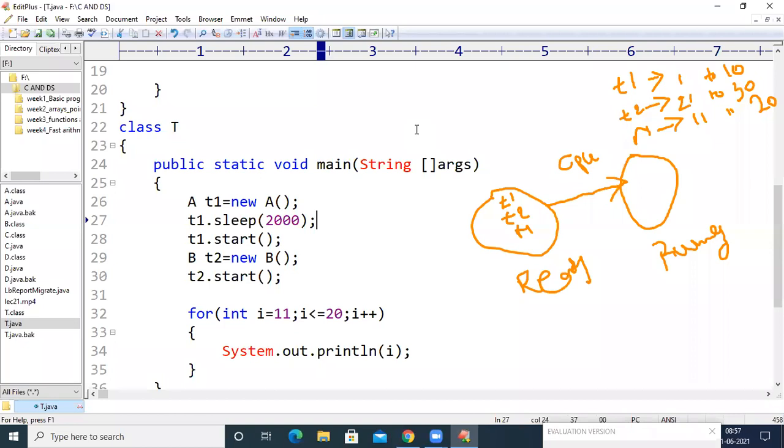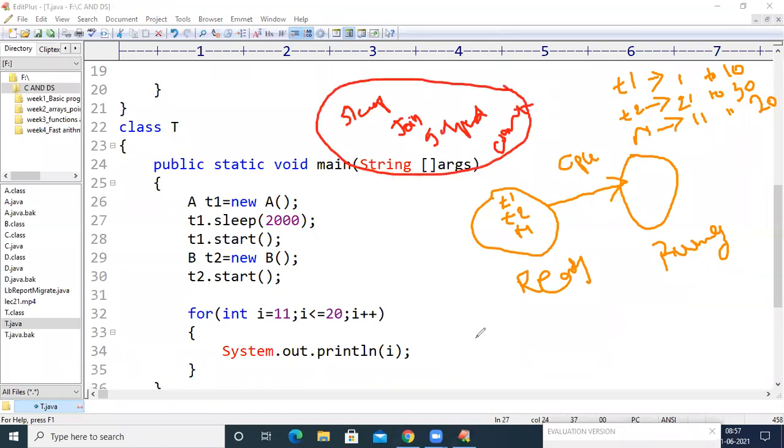Keep one thing in your mind. When we use a sleep method, or a join method, or a suspend method, or a wait method, all these four methods will lead to an exception called interrupted exception.